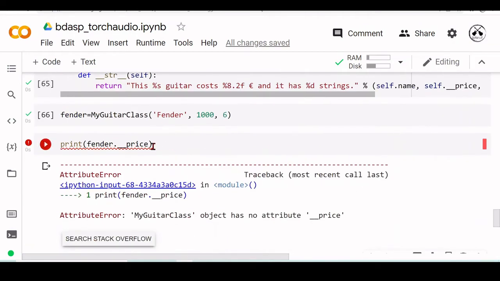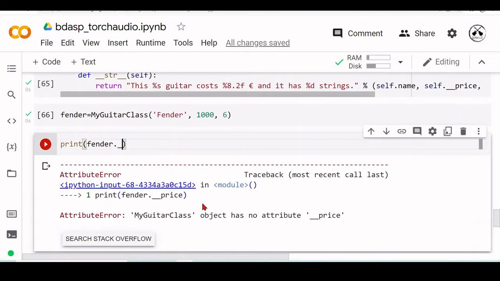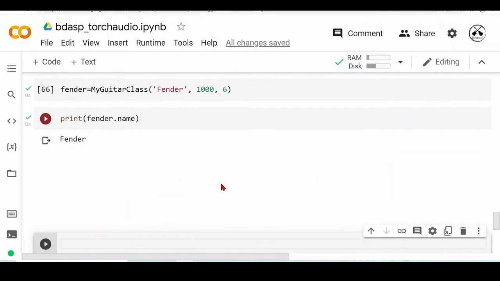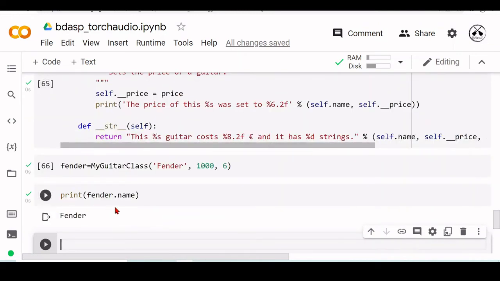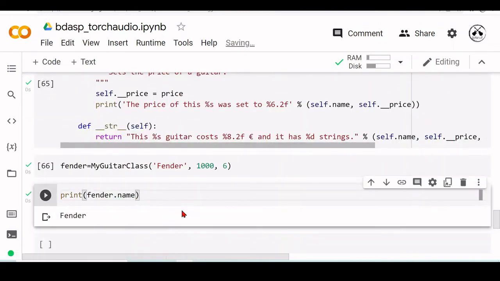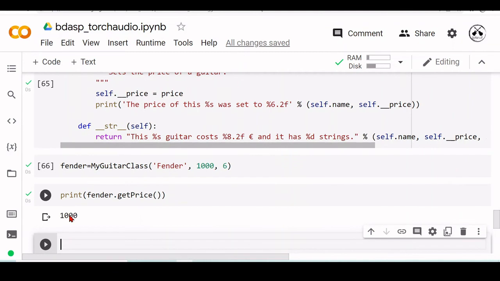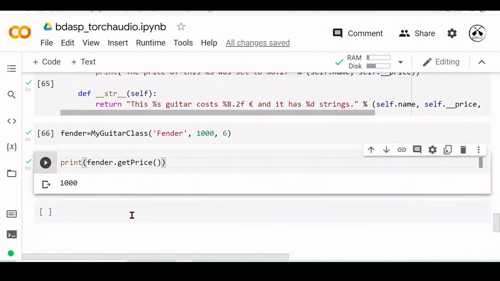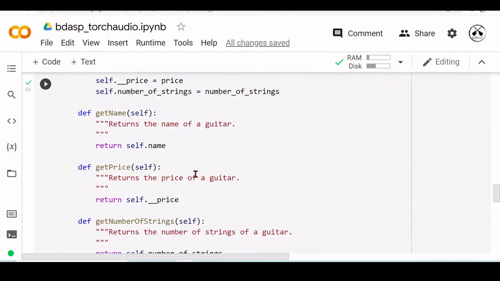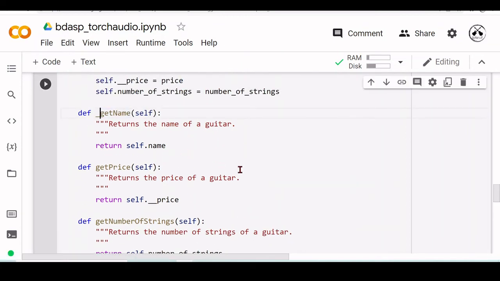If we try to do the same thing with name, we get the name directly, but we cannot do it with price. So now we need to use the get price, and we have this 1,000. The same we can do for a method. So if we would define this as get name, now we could use this get name